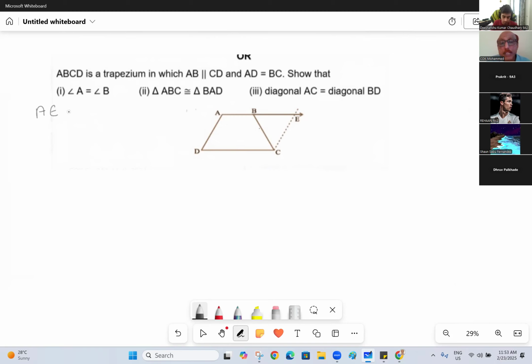Look, it is a very important question. Therefore, AECD is a parallelogram. Okay? Now, in the parallelogram, therefore AD is equal to